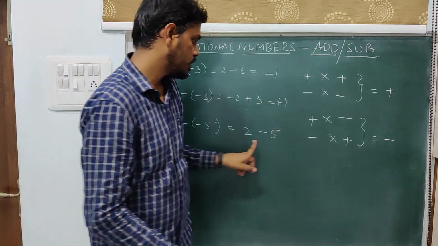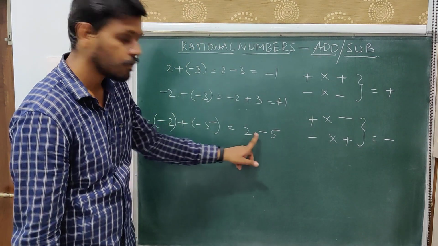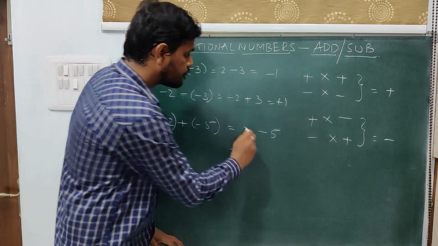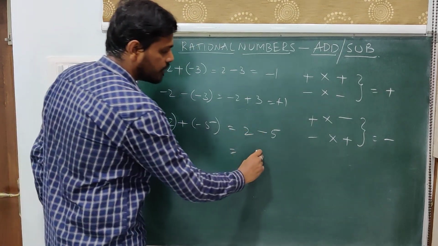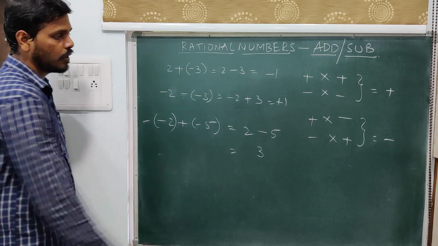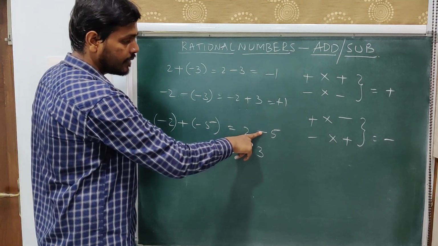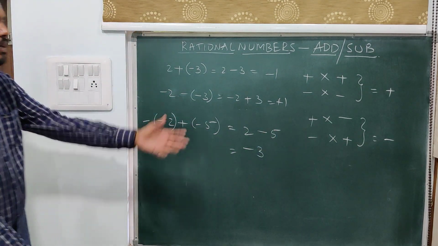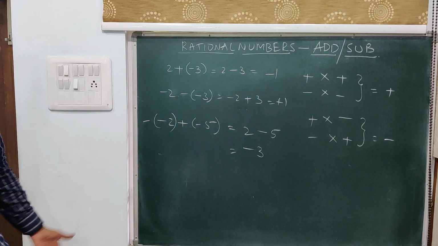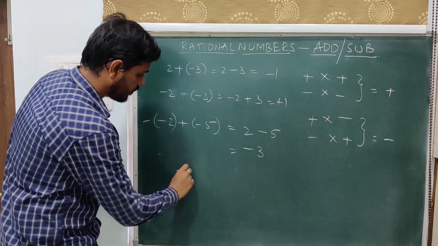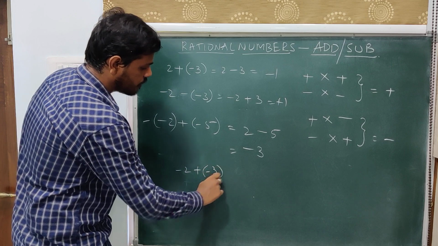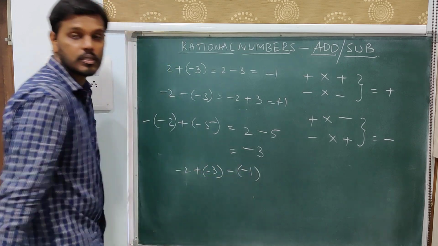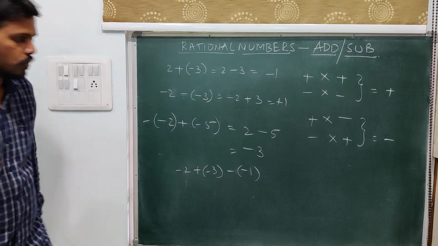So here these are the numbers which are of different signs. So we will subtract. When you subtract 5 and 2, it is 3 and the biggest number is 5, sign is minus, so keep a minus sign. Now that will apply for any number of numbers. For example, you have got 3 numbers, minus 2 plus minus 3. Suppose this is the case. You want to apply the same rule.